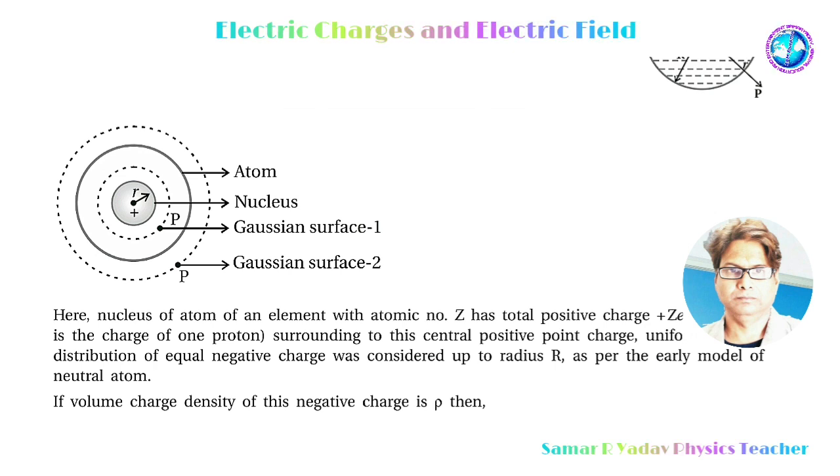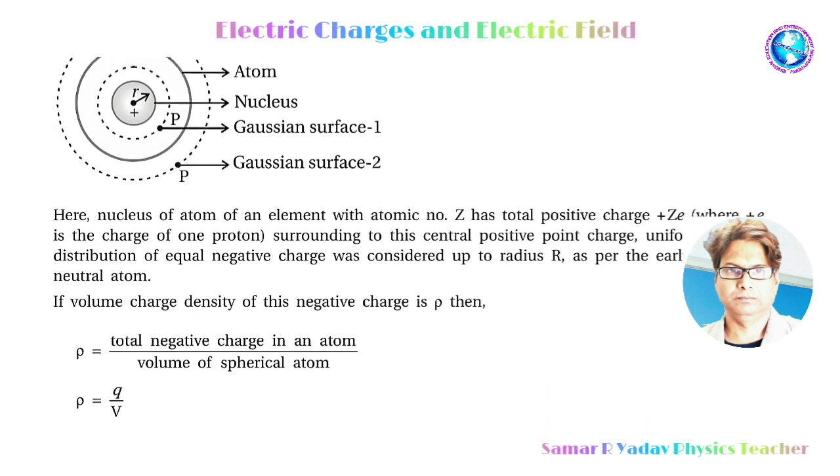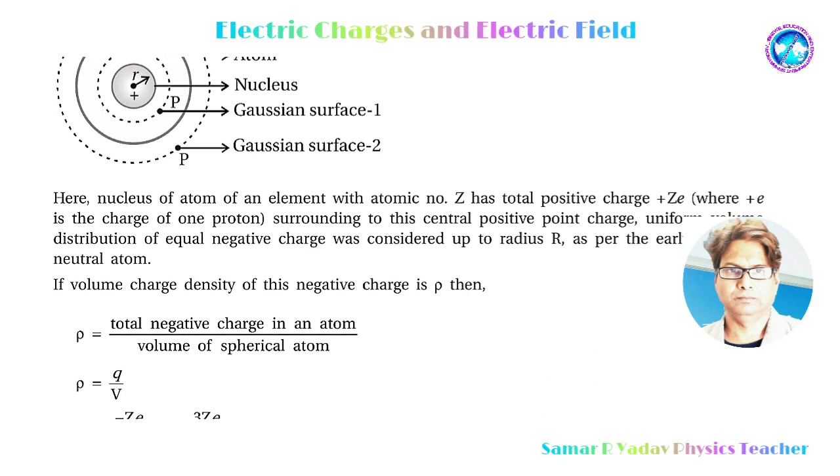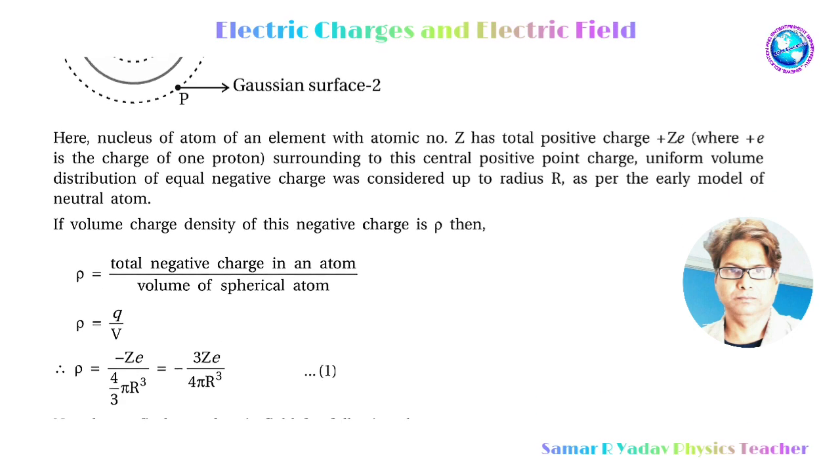The dotted line shows Gaussian surfaces 1 and 2, nucleus and atom. Here the nucleus of an atom of an element with atomic number capital Z has total positive charge plus Ze, where e is the charge of one proton, surrounding this central positive point charge. A uniform volume distribution of equal negative charge was considered up to radius capital R as per the early model of a neutral atom. If the volume charge density of this negative charge is rho, then rho is equal to the total negative charge in an atom